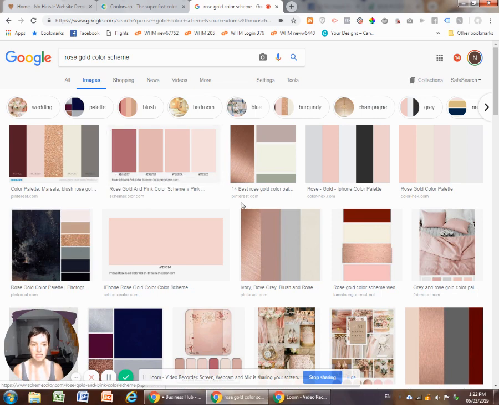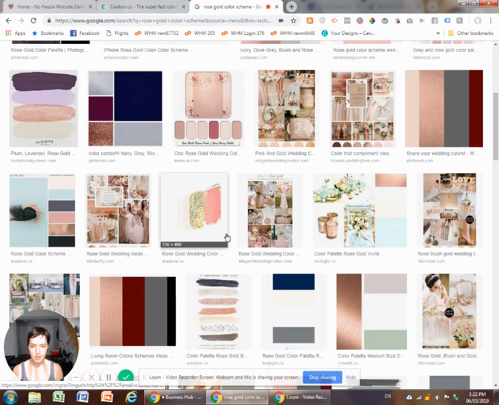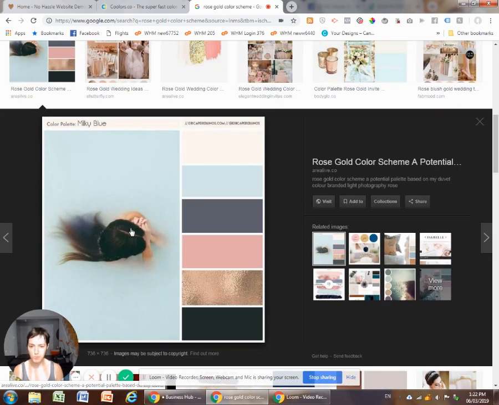So let's say we scroll here and we really, really love this, okay? So you love the color scheme, but you don't even know what colors exactly they are. So here I'm going to show you a great tip on how you can grab colors from any image or picture that you see or a website that you see. Okay, so let's start by downloading